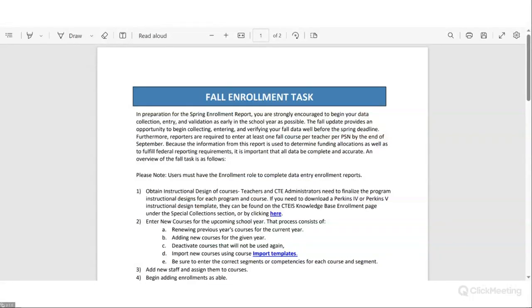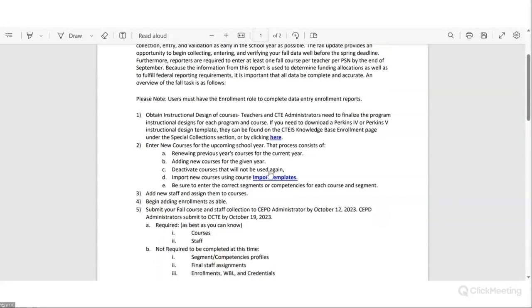So that's a link for import templates. And most importantly, you want to be sure that you enter in the correct segments or competencies for each course and segment. So adding in your information once you obtain your information